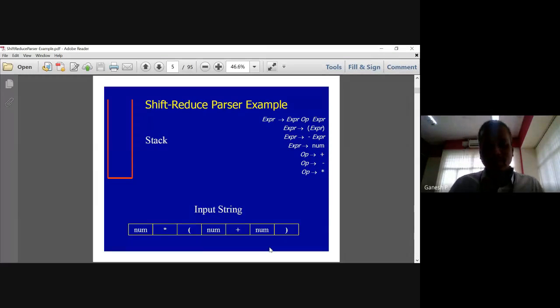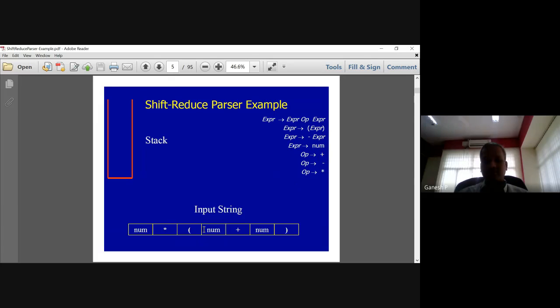This is just an example. Just observe what is going to happen. Now we have a stack on the left side. Whenever somebody talks about shift reduce, this is nothing but a stack where we have push and pop. And just observe, this is the input string. This is the rule they are asking. These are the grammars. On the right-hand side, what you see is a grammar, EXPR and so on. The input is given like this. Whether this input can be identified as valid or not.